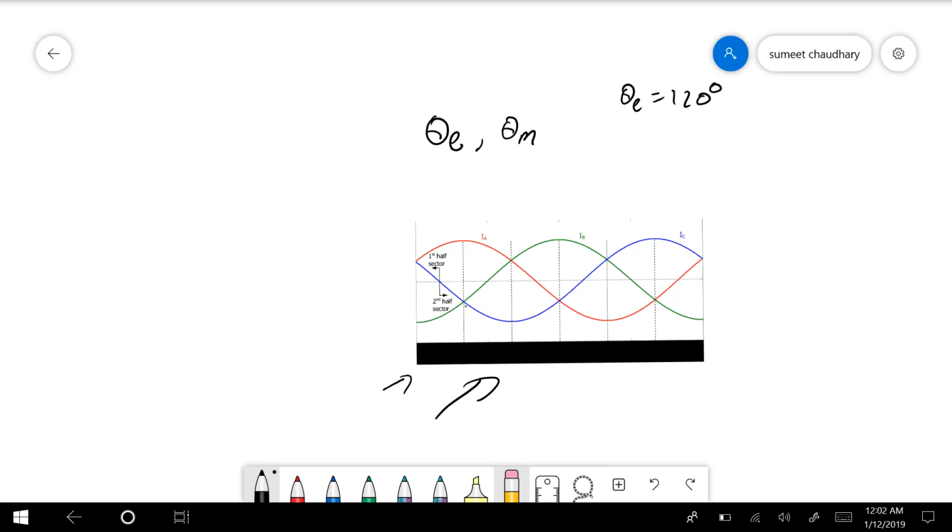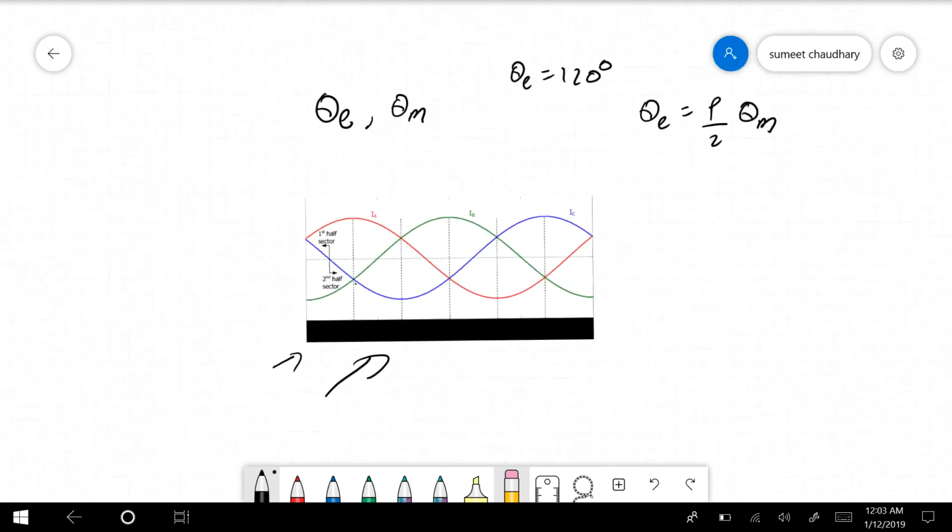And mechanical degrees is basically the mechanical displacement between two consecutive windings of your stator. These two are related to each other using the equation theta E is equal to P by 2 times theta M. Again, whatever I have defined right now is not the exact definition. I have only tried to make things simple in this particular video for this particular chapter. Now moving forward,